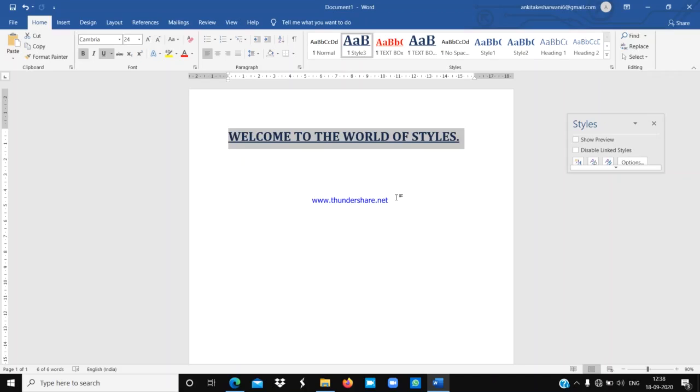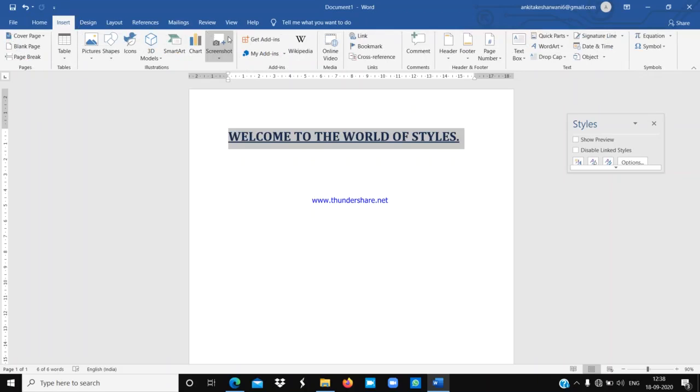Now click on the insert tab. You can see here, this is the insert tab. You have to click here. Now here you will find, this is the text group, and here you will find this word art. Select it, click on it.